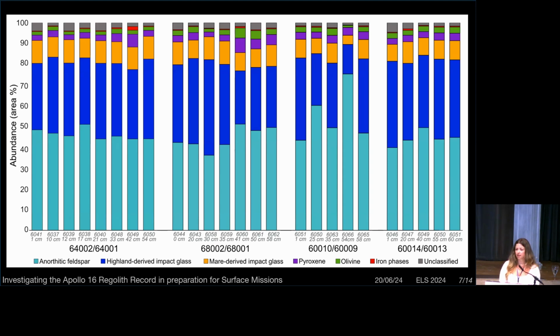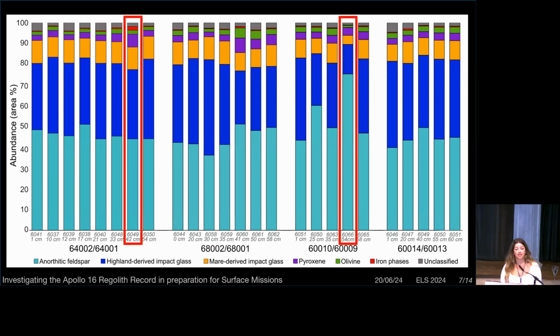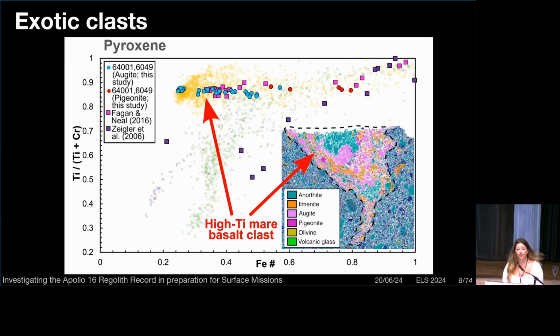Also, there's no correlation between different stations, which makes it quite hard to map ejecta layers, as has been previously stated in the literature. Two samples of interest are these ones highlighted here, and they contain exotic clasts, which I'll talk about in the next few slides. The first one is from station 4. It's a sample from 42 centimeters depth, and this contains a Mare basalt clast, which is shown here on the